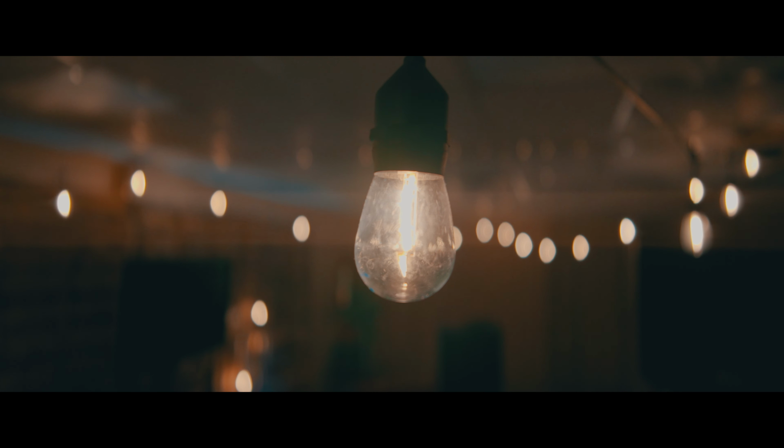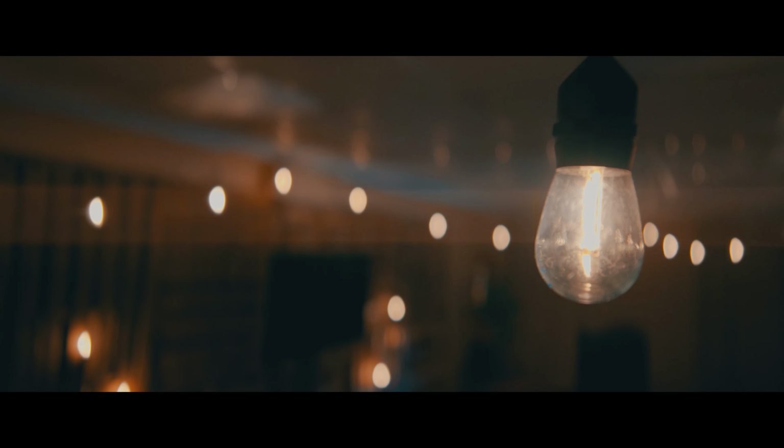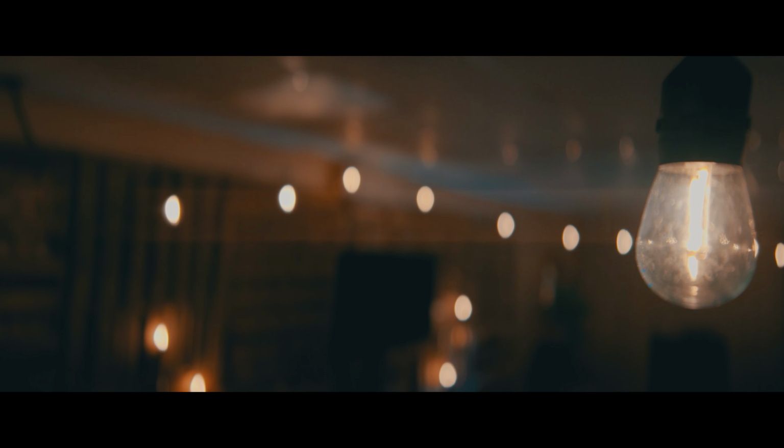Now I'm going to leave this on here for the rest of the video, and I'm going to show you some sample footage that I've been able to capture with this lens. First off, I just want to show you a few things like the characteristics and the details. So first off, we can take a look at the bokeh, which is the out of focus orbs. That's a very specific thing when it comes to anamorphic. You kind of want that teardrop shape or that elongated